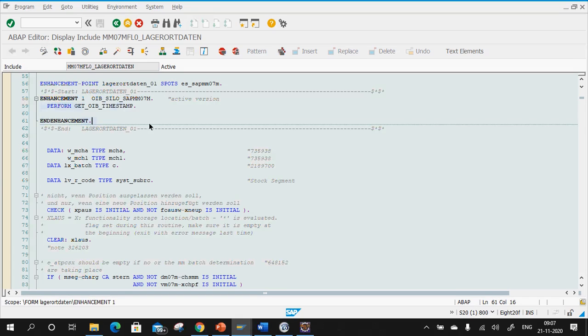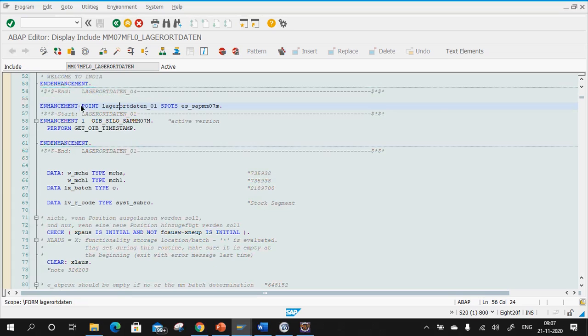Okay, see here. This is the point which I was telling you. Enhancement point, name of the enhancement point, enhancement implementation, then enhancement spot. For a dynamic, you will not find the keyword as dynamic. Now when you implement this enhancement point, this is your explicit enhancement point, then if you want to add any logic, enhancement and end enhancement. So what I meant is that